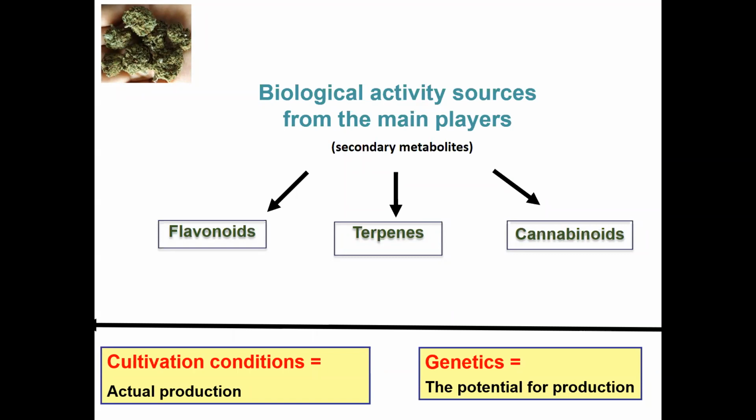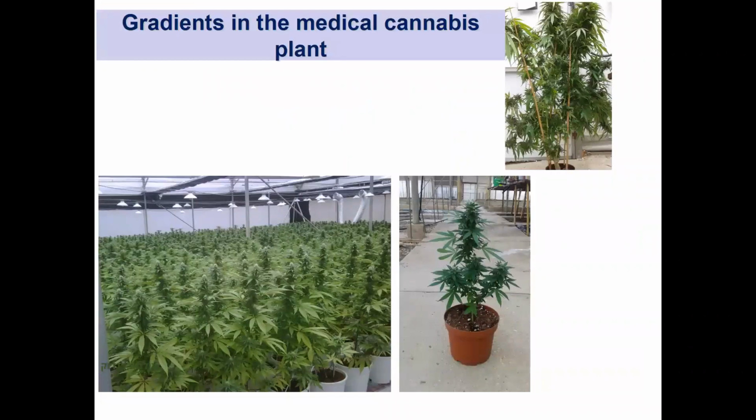On one hand, it's genetic. Genetic is the potential for production. Certain varieties will have a certain potential to produce, let's say, certain concentration of cannabinoids. On the other hand, there's cultivation condition, this is what will actually determine whether the potential for production will be satisfied. So the actual production of cannabinoids or terpenes or whatever will depend on cultivation conditions. And therefore, those two aspects have to be considered when we're talking about cannabis. And today we'll be talking about cultivation practices, but I will demonstrate that many of them apply for a variety of